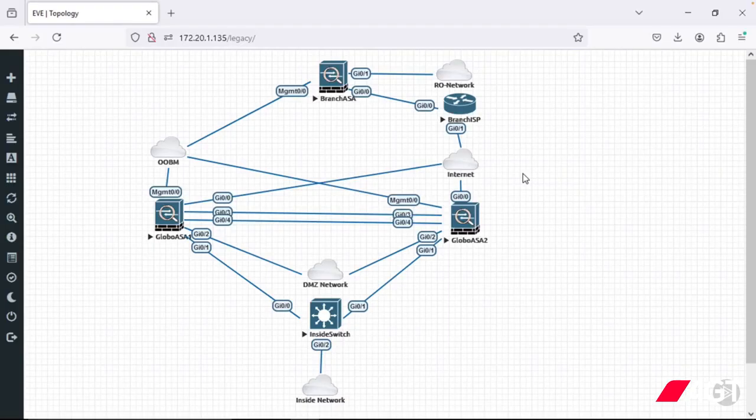Here's my EVE-NG lab, and if you're following along at home, I wanted to show you the changes that I had to make in order to configure HA. First thing I did was drop in Global ASA 2, and as you can see, I've connected Gigabit Ethernet 03 and Gigabit Ethernet 04 between these 2 ASAs. And then from there, I just mirrored all the other ports to go to the same destination. So gigabit 00 goes to the internet, the management interface goes to the out-of-band management network, gigabit 02 goes to the DMZ network, and then the only other change I had to make was for gigabit 01 to now go